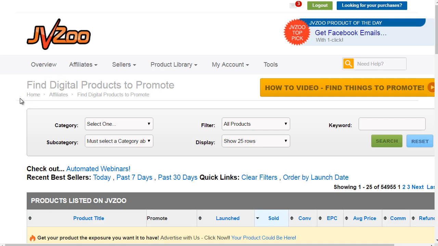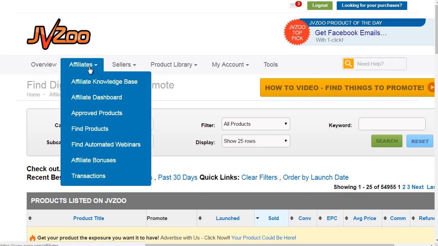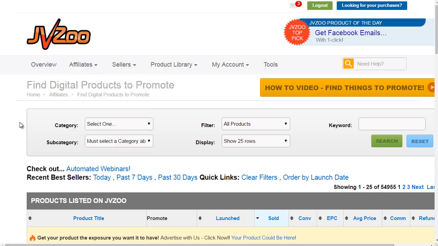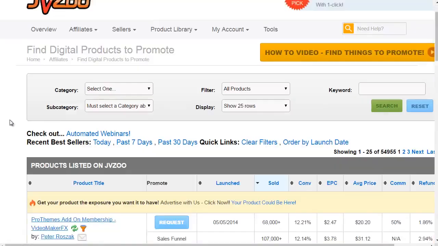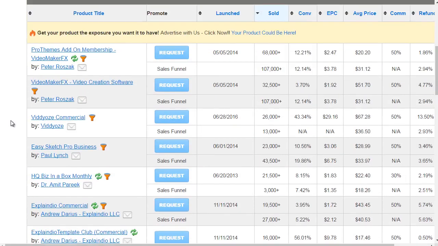Now, you do need an account to do this. So you need to go to jvzoo.com and create an account as an affiliate. Then if you go to the top and click on affiliates and click find products, you will be directed to this page where you'll be able to find digital products to promote. Obviously in this case, we're looking for vendors, but this gives us some good data to get an idea of what products are being sold, how much the conversion rate,